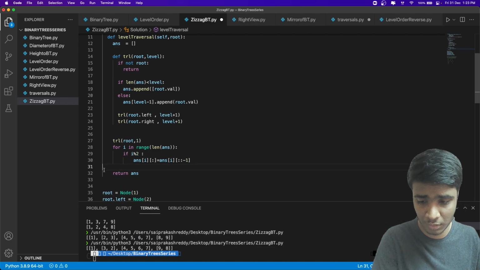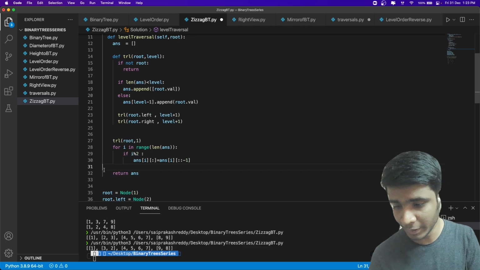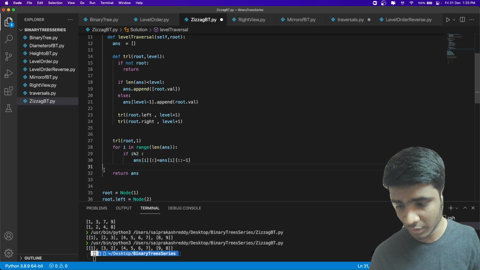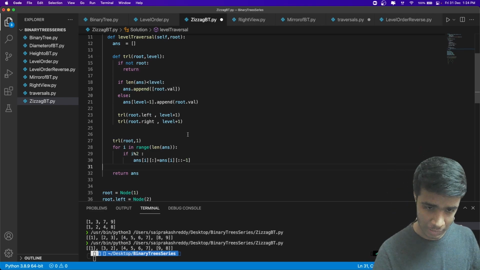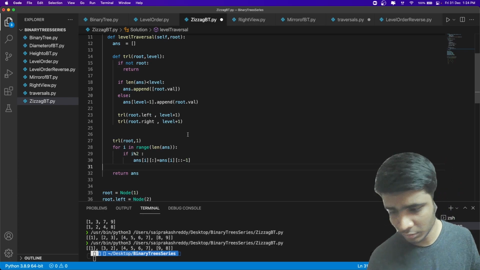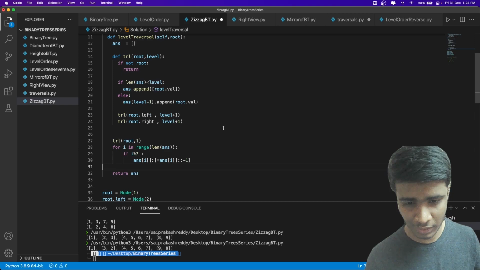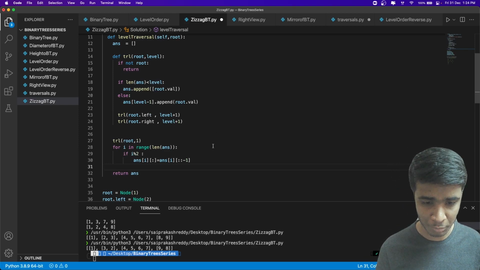I've seen some implementations where we keep a direction element, and after each traversal, we change the direction of that, and we change the way that we are appending into elements. But calculating the complexities and all, they all are on the same level. So we're not going to gain any runtime improvements, right?